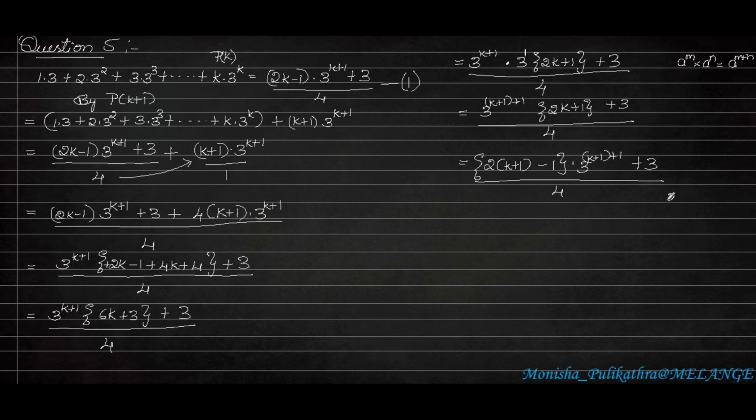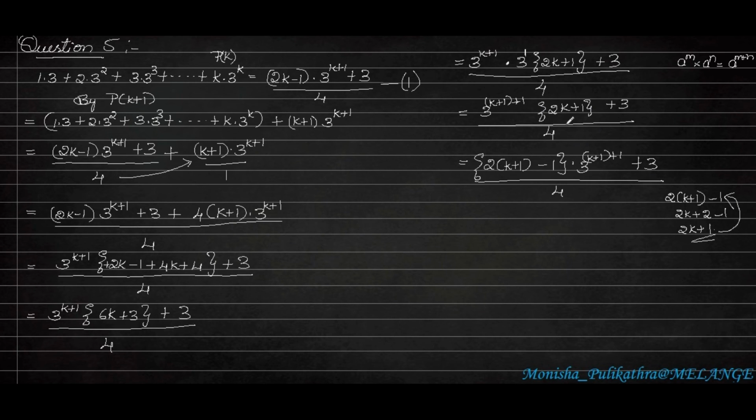Okay, I have written 2 into k plus 1 minus 1. So if we multiply it, 2 into k is 2k, plus 2 ones are 2, minus 1, right as it is, it will become 2k plus 2 minus 1 is 1. So what is this? 2k plus 1. So we can interchange this 2k plus 1 in the form of this. So after simplifying, we will get 2k plus 1 itself. So I am just interchanging in order to prove that.